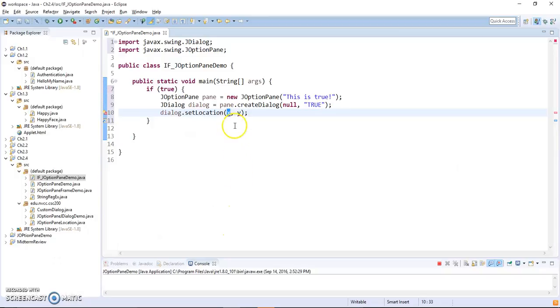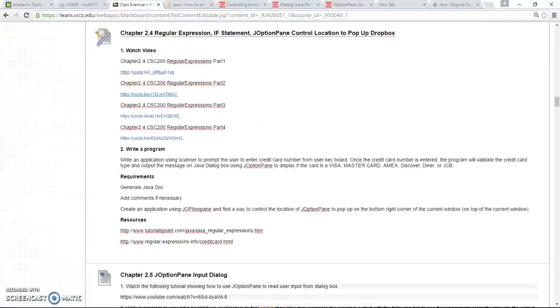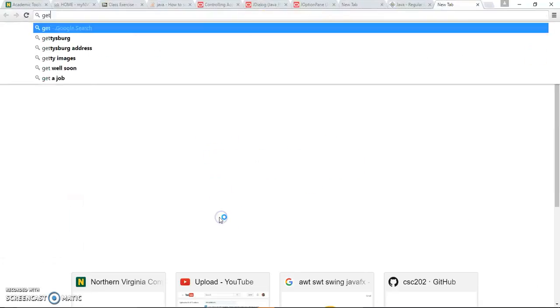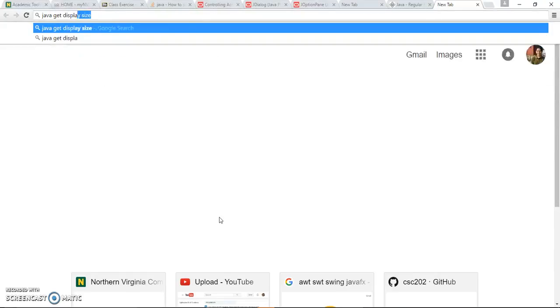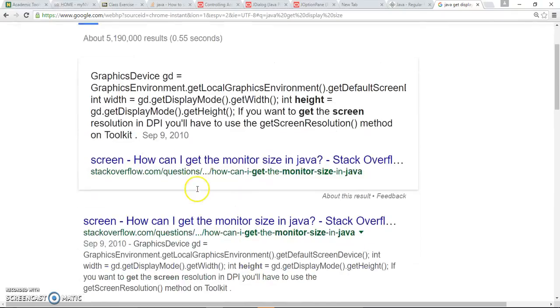So 1500 by 850. Okay. Now, when you run this application on different display settings, it's going to be an issue, because different display settings have different resolution. One way we can look at is we can get the system settings from this too. Java has the way to do that. Get display size. You can do that here,